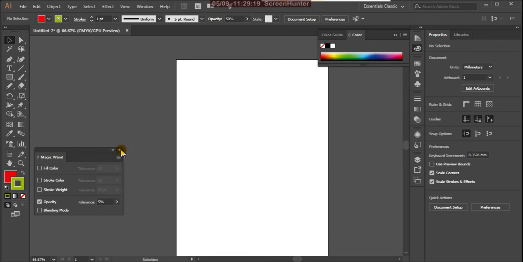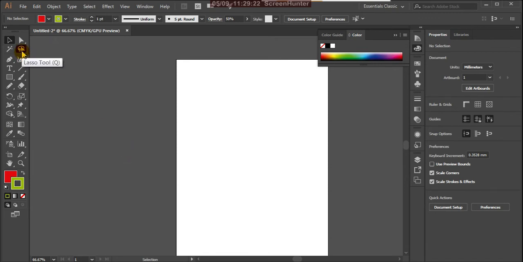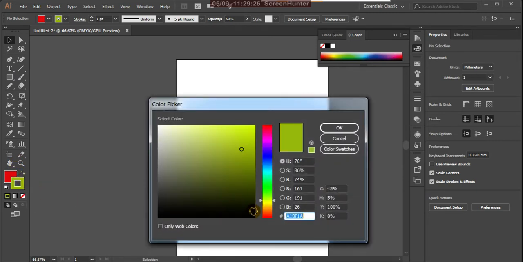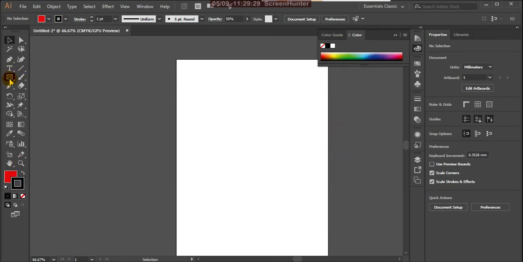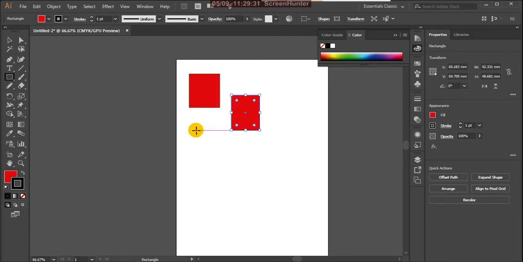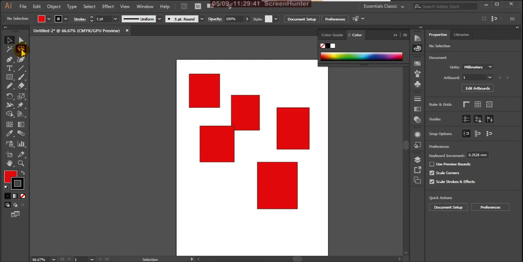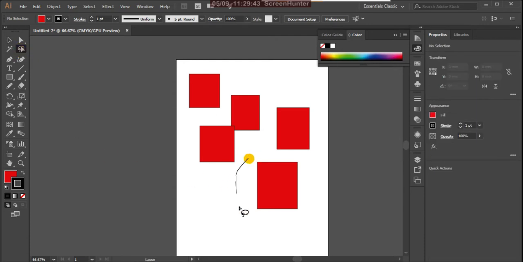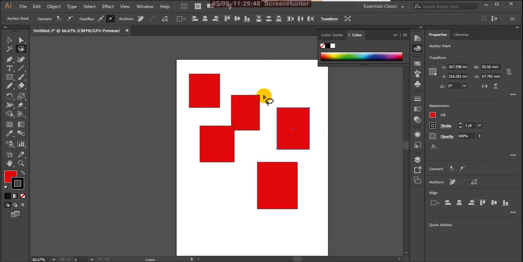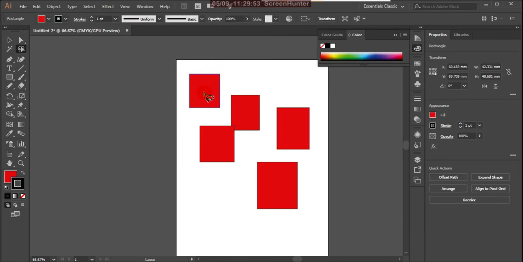Okay, now the next tool, the lasso tool. The lasso tool is very simple to understand. This is for selecting objects. Even though you can select by the selection tool also, with the lasso tool you can select individually. Here, with the free hand, using the left mouse, we just drag around the portion.